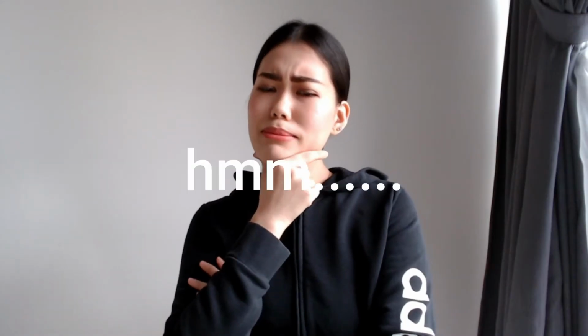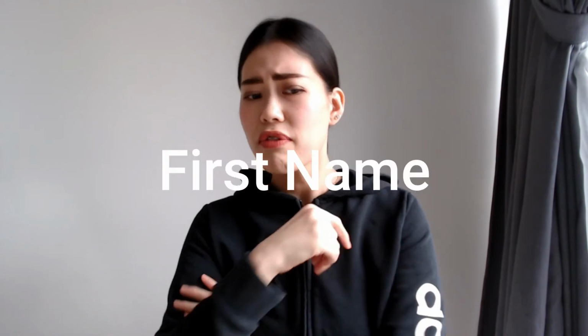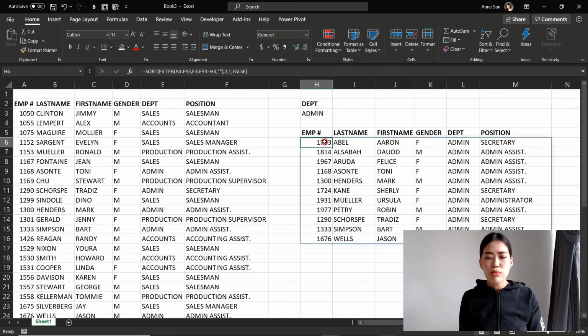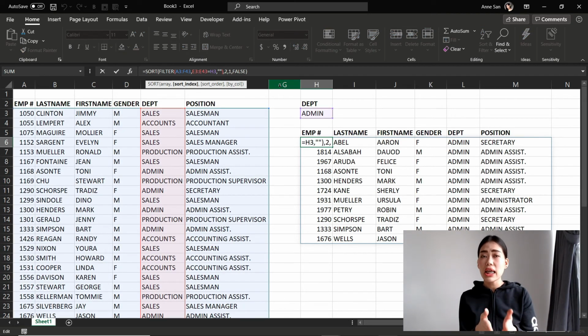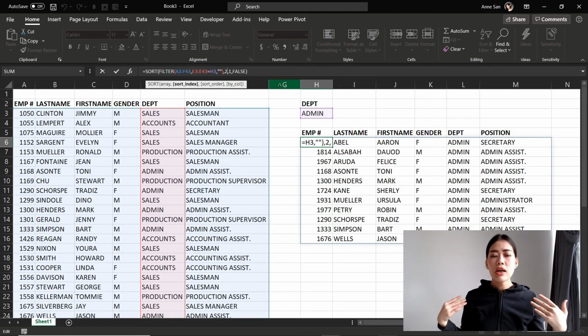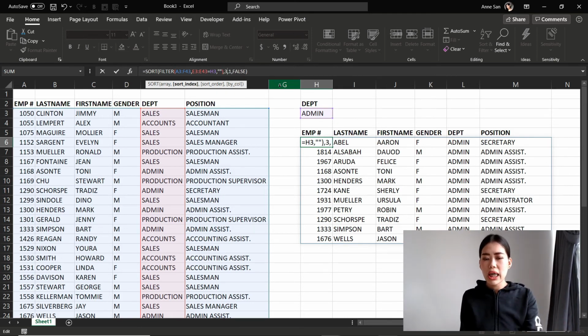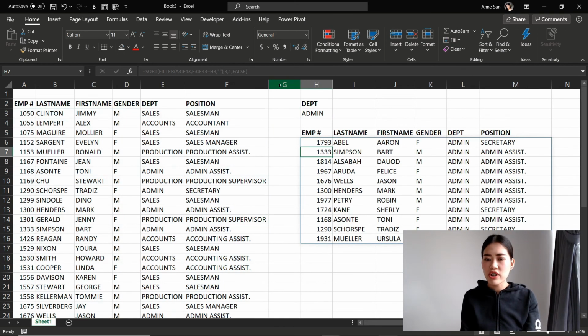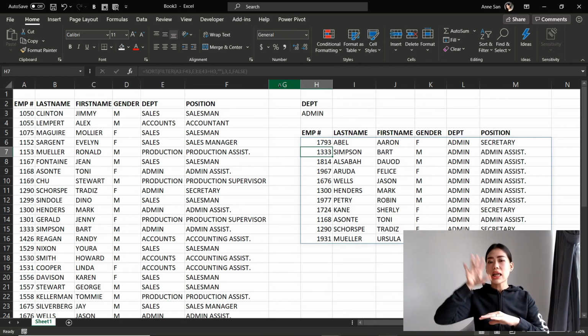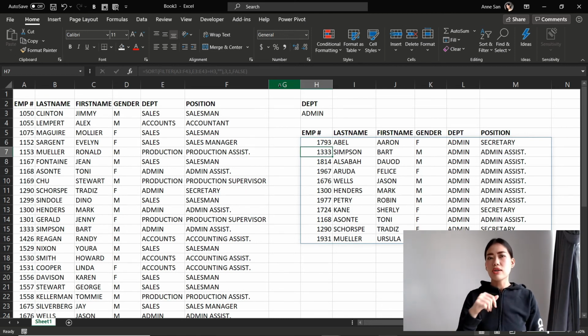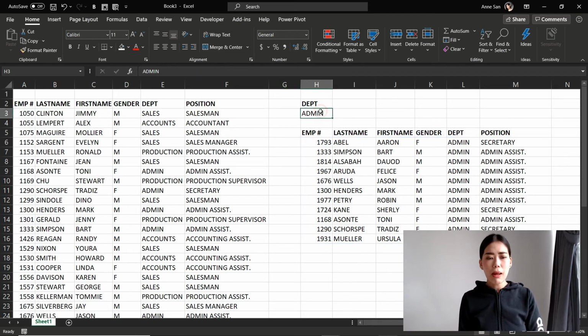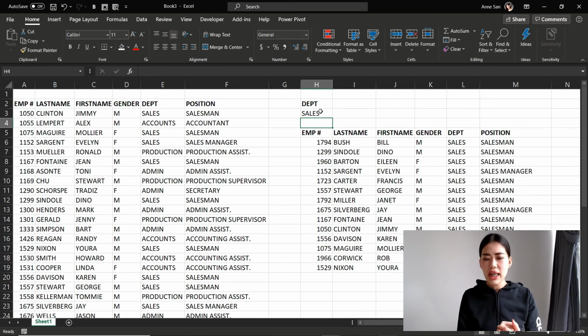But some people will say, what if we'd like to sort based on the first name? Why not? So I go back to the first cell and change the index. The index is which column we'd like to sort based on. Right now I'm going to change it to 3. We can see immediately at the first name we have Aaron, Bart, Duan, or whoever, ascendingly arranged, immediately sorted based on the first name. Okay, so if I go to the department and change this one to sales, as I hit enter,